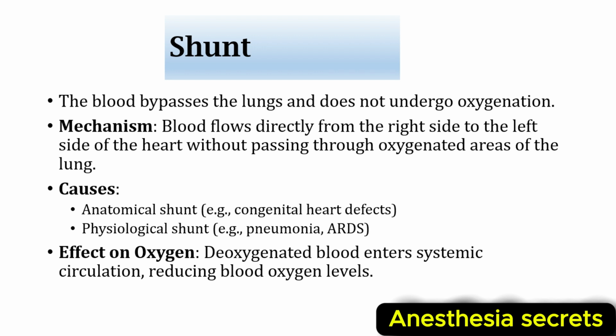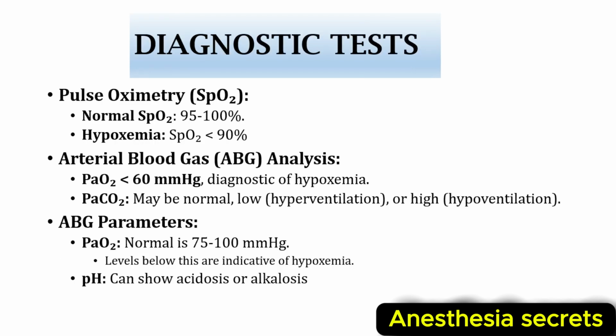About the diagnostic tests, we have pulse oximetry, or SpO2. Of course, it's a non-invasive and quick test that estimates oxygen saturation in the blood. The normal value is from 95 to 100%. We say that a certain patient is hypoxemic when his or her SpO2 is less than 90%. On the arterial blood gas, ABG, analysis,